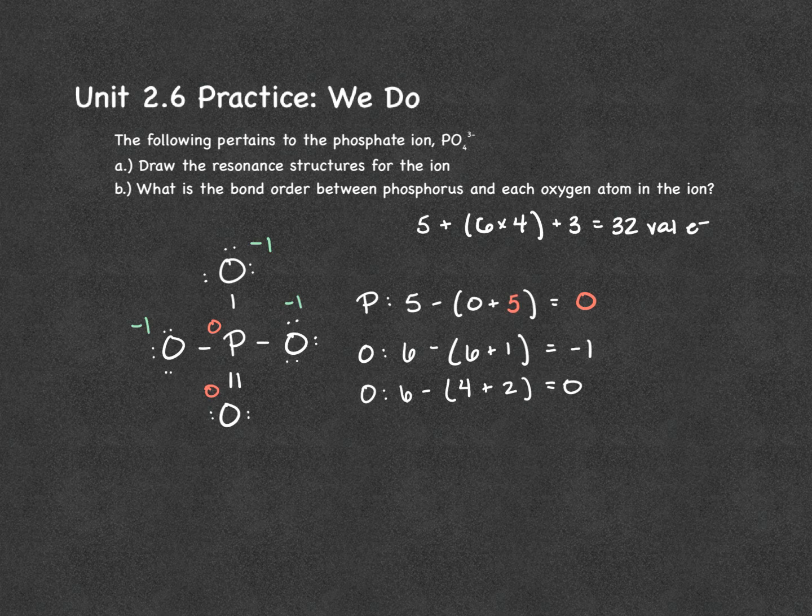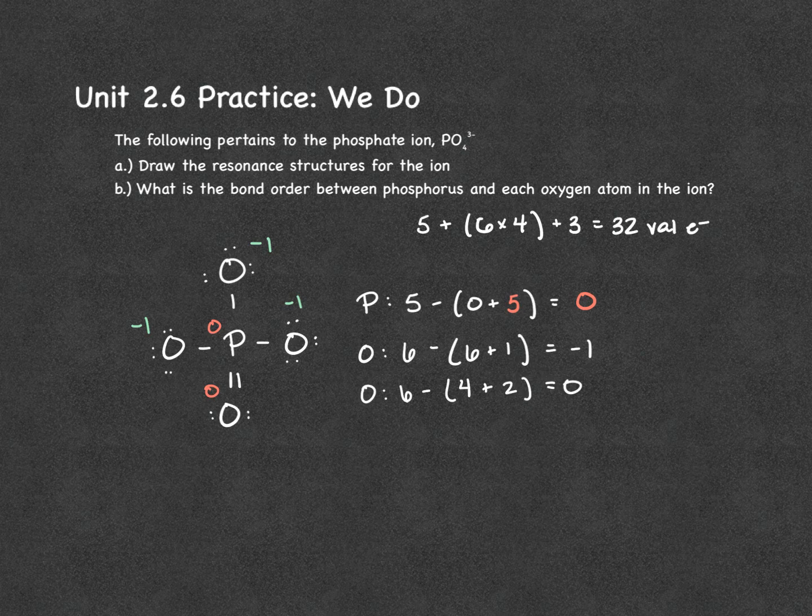So my phosphorus has a formal charge of 0, my oxygen has a formal charge of 0, and the only ones that have formal charges are the ones that need formal charges, so that my overall formal charge is 3 minus because of those 3 oxygens,